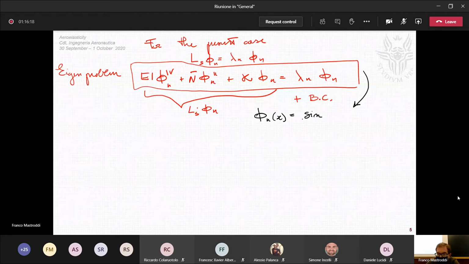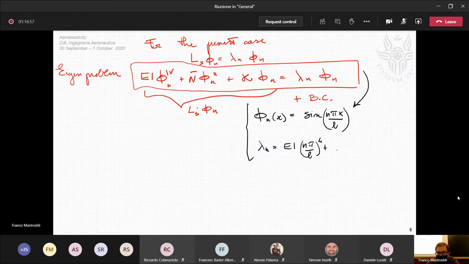So, sine of n pi x divided by L. And for lambda, if you assume this for phi, it's easy to evaluate lambda. Just put this sine function inside here, here, and here, and you can easily verify that lambda has to be necessarily equal to EI n pi by L to the power 4